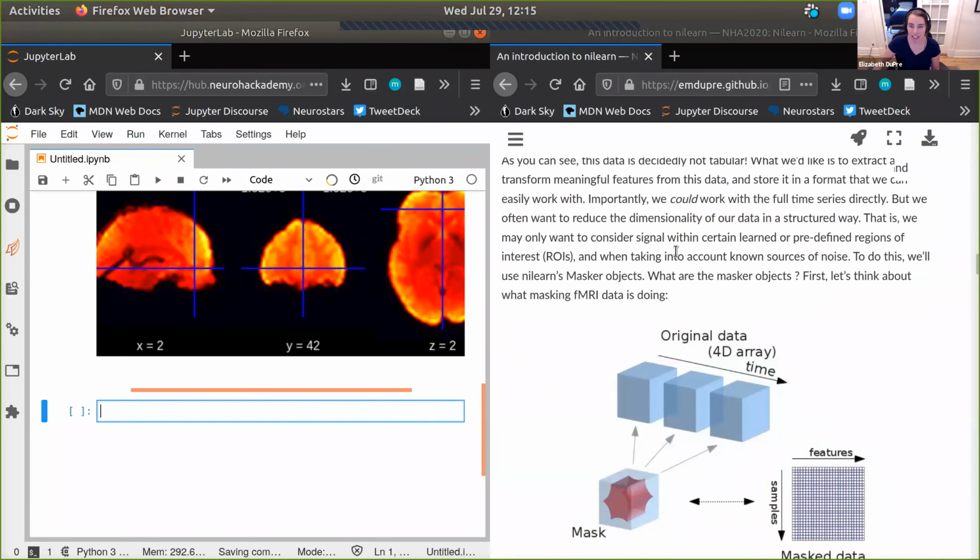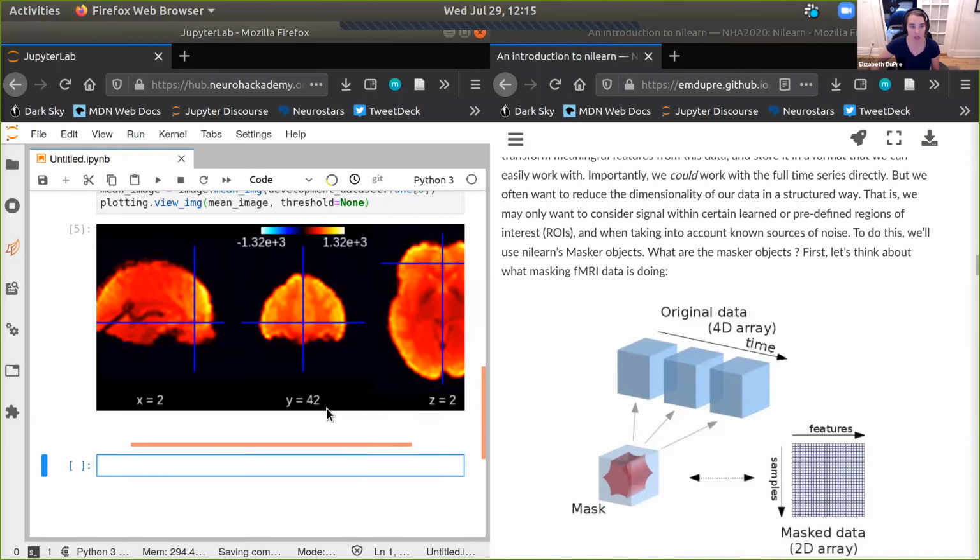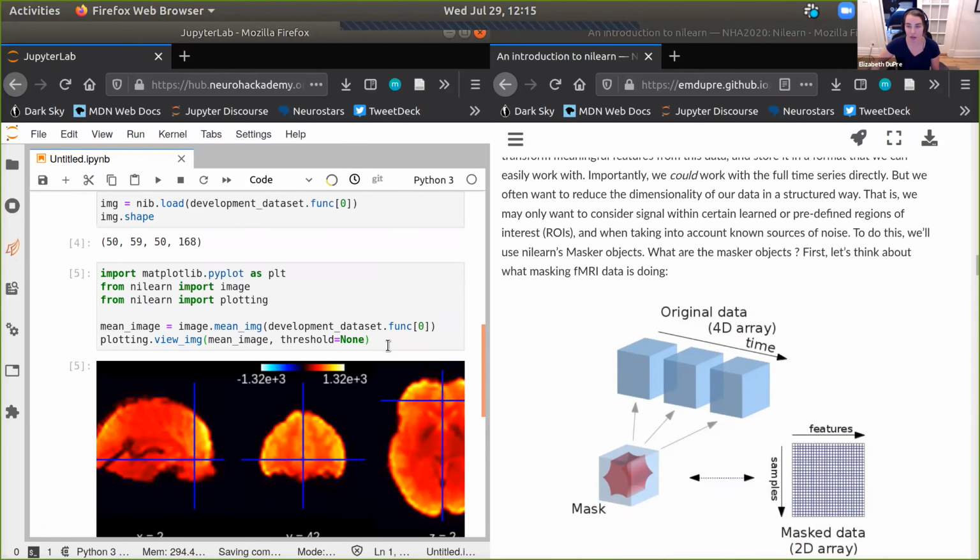So there's a question, which is, what is the threshold for? Back here on this plotted view image. Great question. So what is the threshold for? This is just if you had an image and you wanted to interactively explore it, but you wanted to provide a threshold on it so that you didn't see any values in the image below or above a certain number, then you could pass threshold there. So it has a default that is pretty sensible, but in this case, I just wanted to show the whole image. So I said threshold is none. But that's a great question.